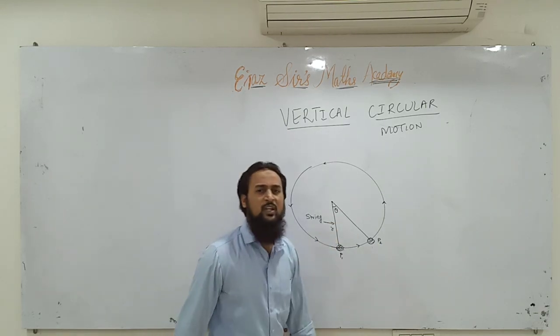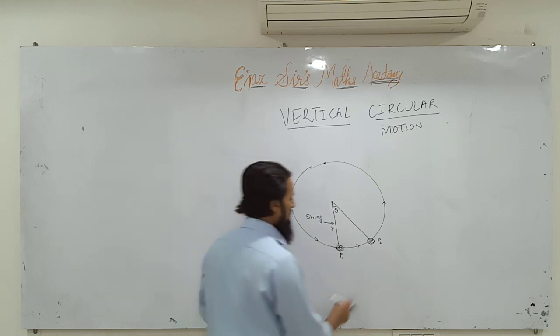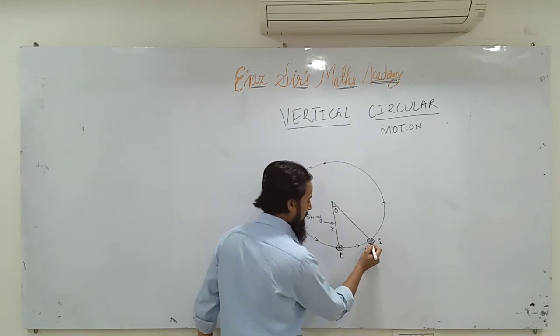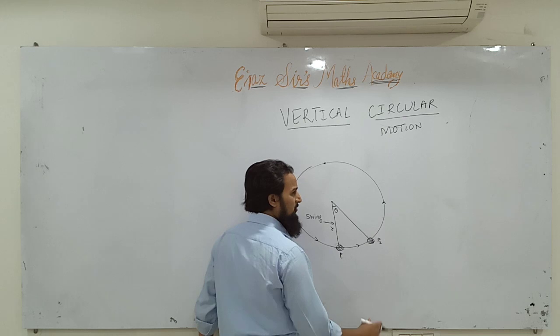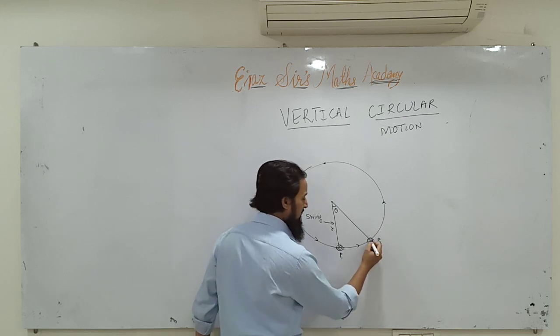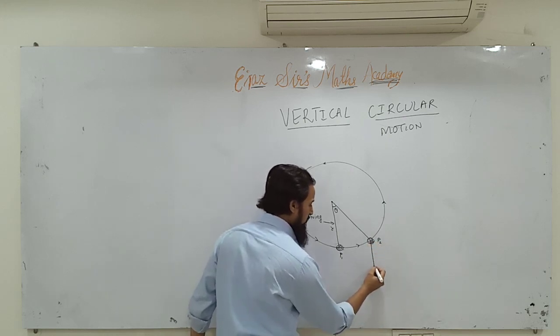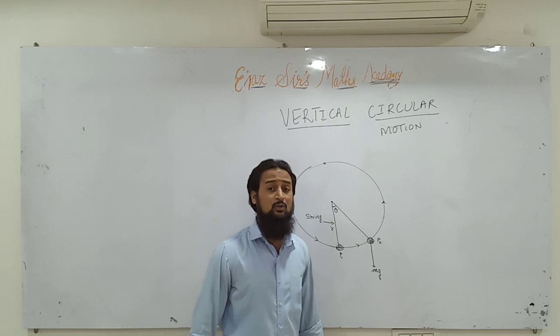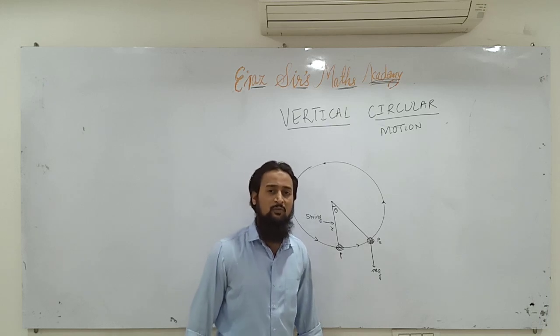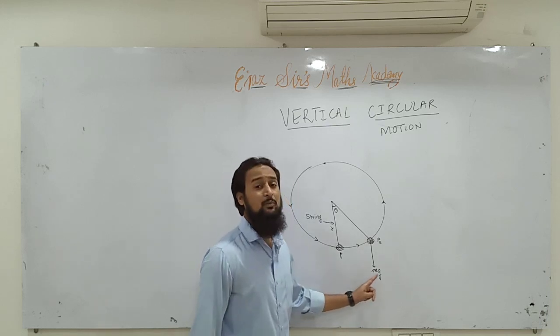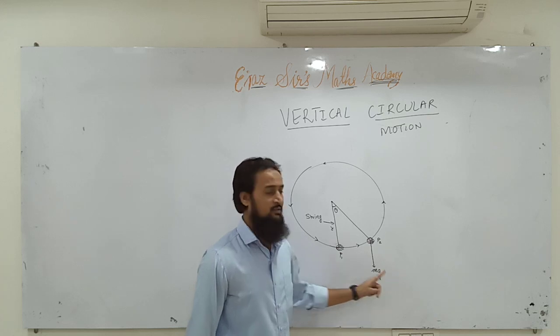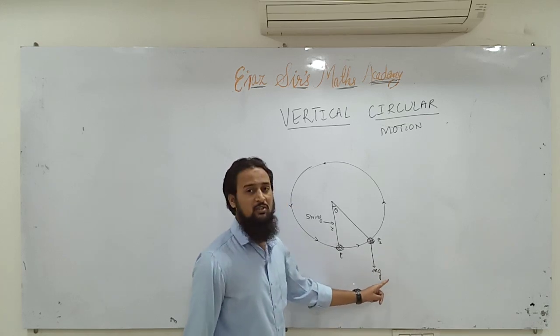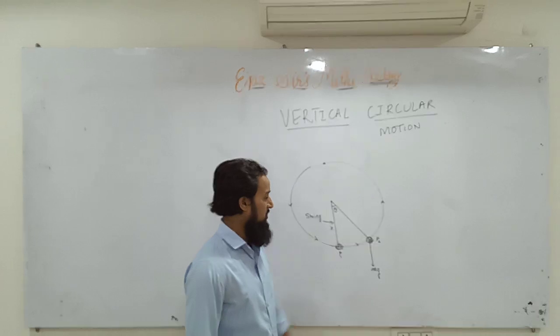Now see what various forces are acting on the stone. In this position, the weight will always act in a vertically downward direction. The weight of the stone is acting vertically downward. And how do we calculate weight? Weight is mass multiplied by acceleration due to gravity. So mg is the weight of the stone in this displaced position.